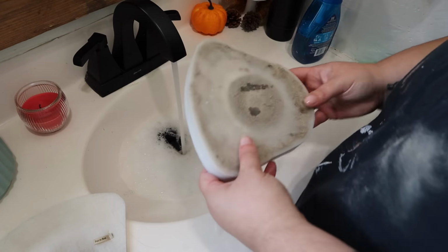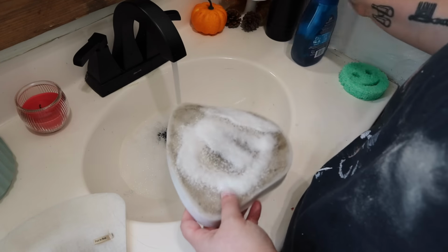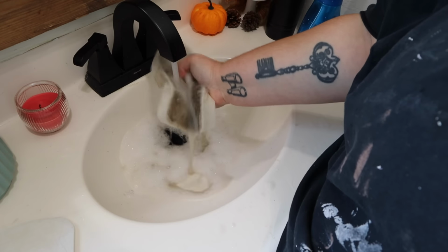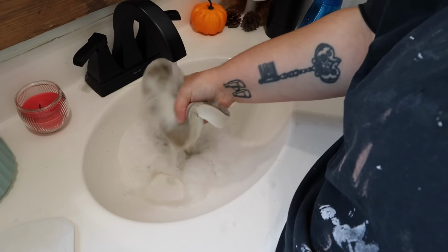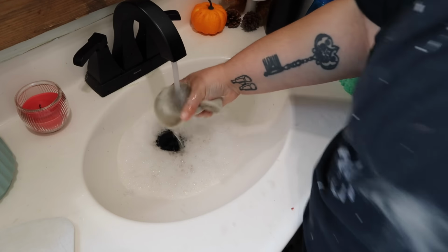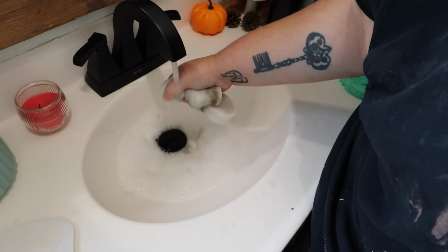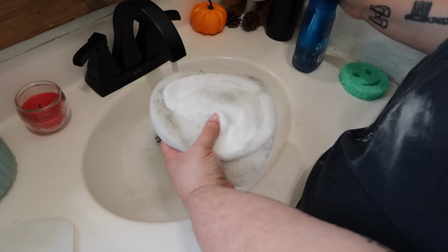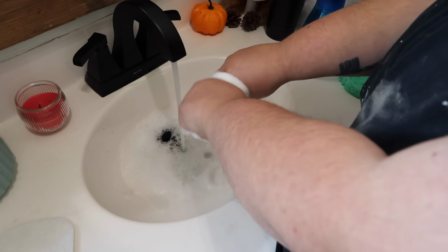My filters were nasty because I had never washed them. I think you can replace these or wash them. I had never done either, so I just went in and hand washed them with the Dawn Power Wash. I got them really wet, and then I kind of rinsed out all the dust and gross stuff that would come out by itself. Then I went in with the Power Wash, and I just kind of kneaded it